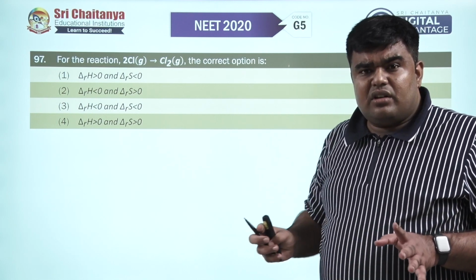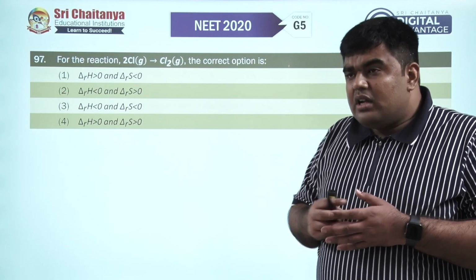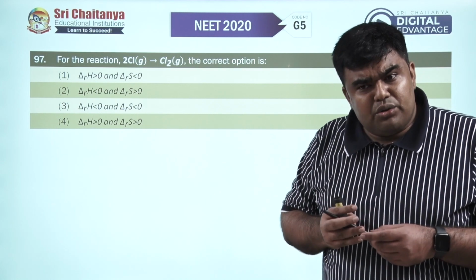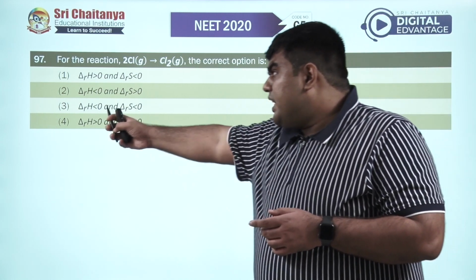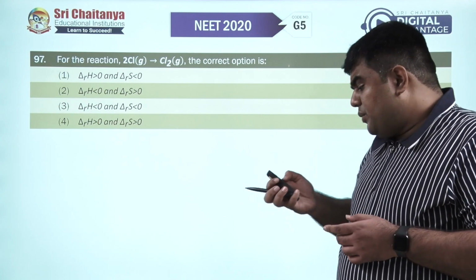So for this reaction, since a bond is being formed, the enthalpy of the reaction will be negative. Since the number of particles is decreasing, the entropy of the reaction is also going to decrease. So delta H reaction will be less than 0, delta S reaction will also be less than 0. Let's see the